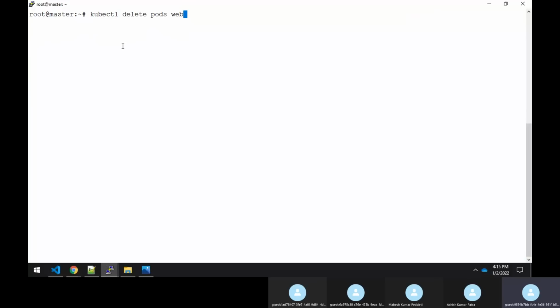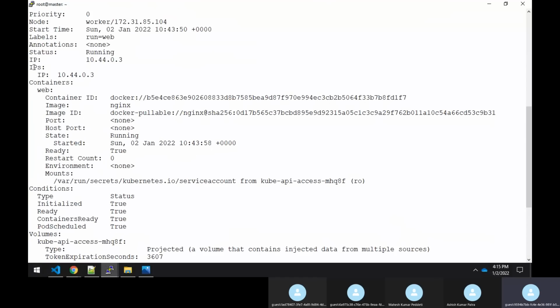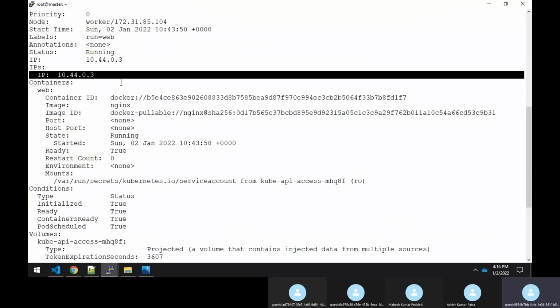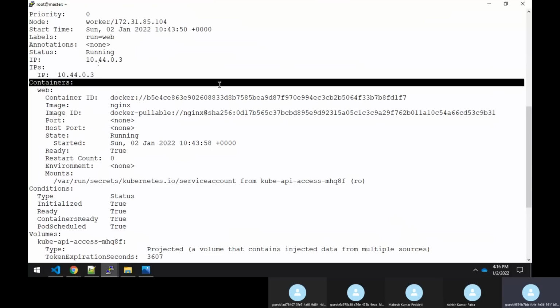To verify it, you can run kubectl describe pod and specify the pod name. In the description it would have mentioned that it is controlled by so-and-so replication controller, or by the replica set, or by the deployment. Like that, you will get the information about the controller types.